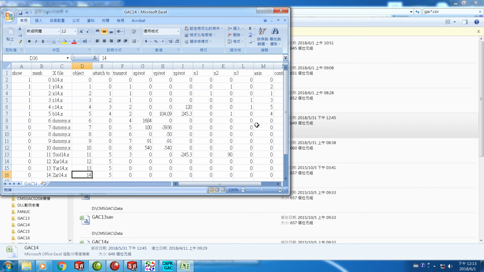The relationship according to the axis of the motion control card. According to ITRI's motion control card, the first axis we call X, the second is Y, the third is Z axis, and RGB, XYZ RGB. According to this relationship,